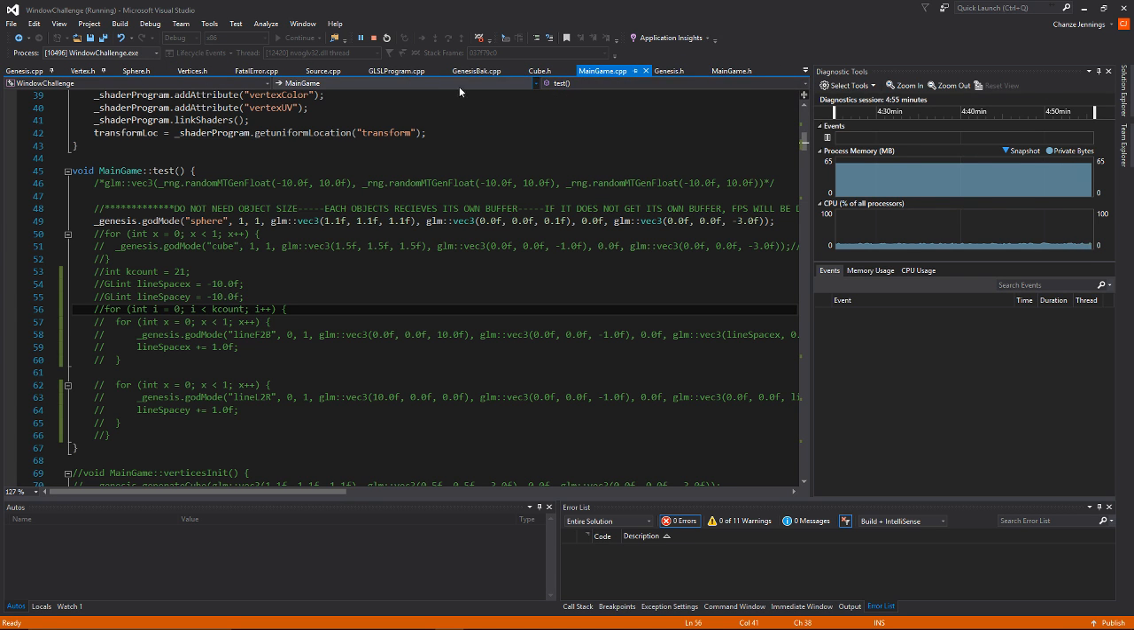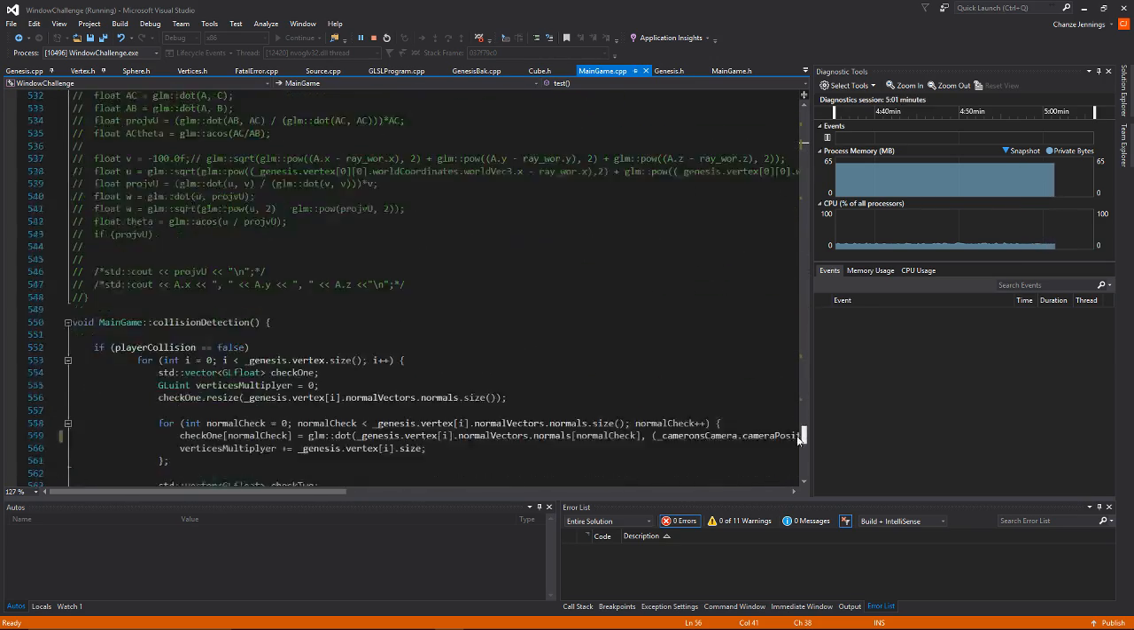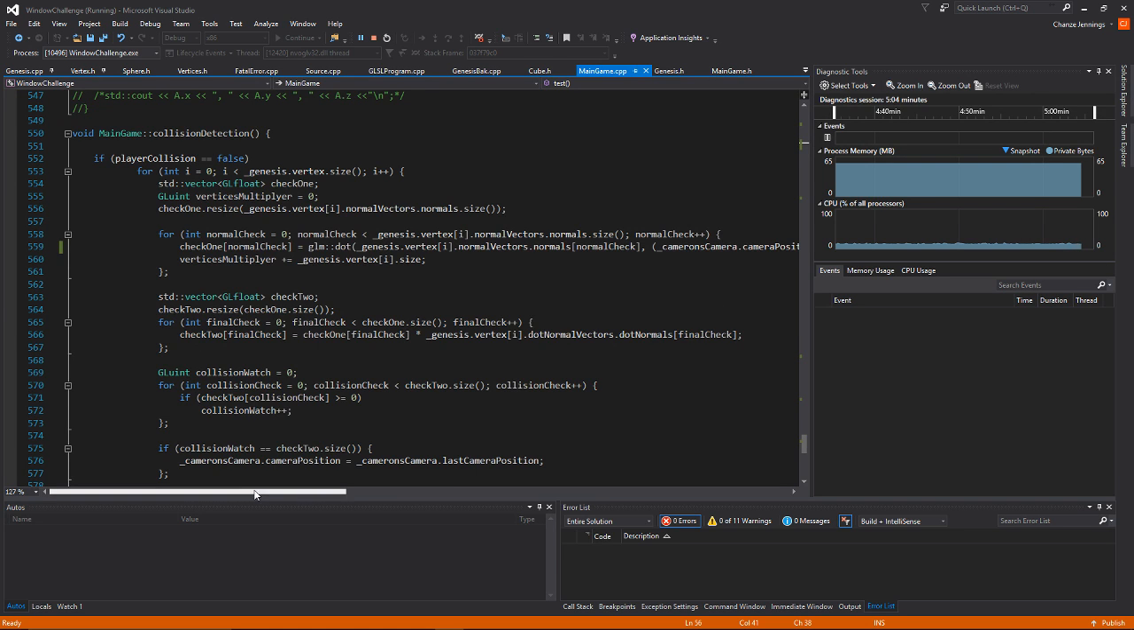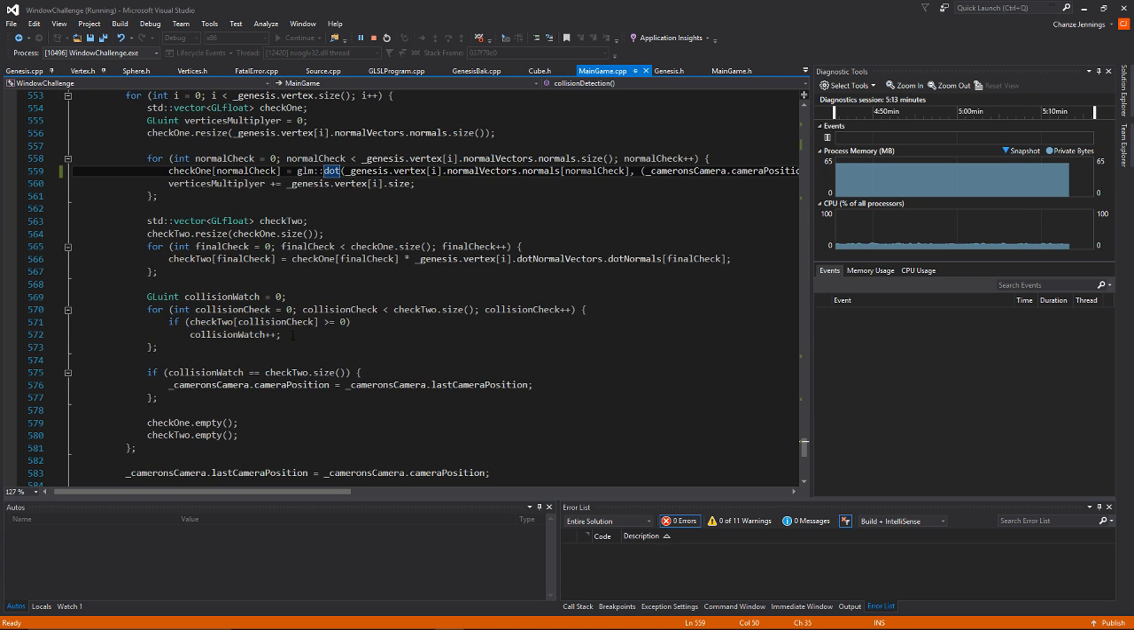Where are we here? So let's go to main game. And the collision is down here, really simple collision. And it is less than zero. Let's see here. Yeah, greater than zero. So I have it greater than or equal to zero, because this should be if they cross each other and you dot them, or you dot them and then multiply that dot by the first check, which is